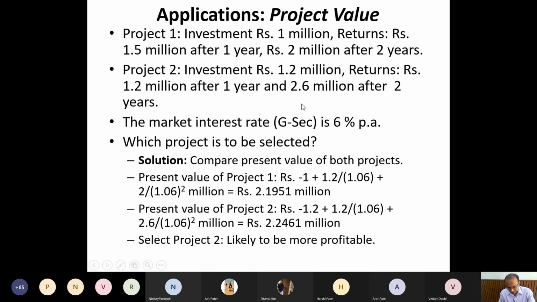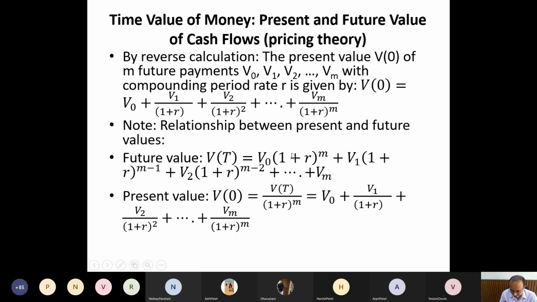Can anybody tell me? The solution I have written, but I will hide it. Can anybody give me an idea how to proceed for this problem? This is a very practical problem. When you go for any industry, you have to plan for this. You have to take 2-3 opportunities, and from these, you need to determine which opportunity is better. Then how do you determine?